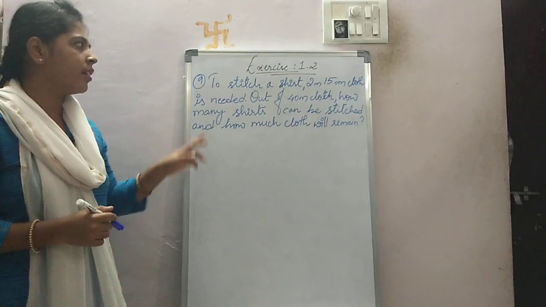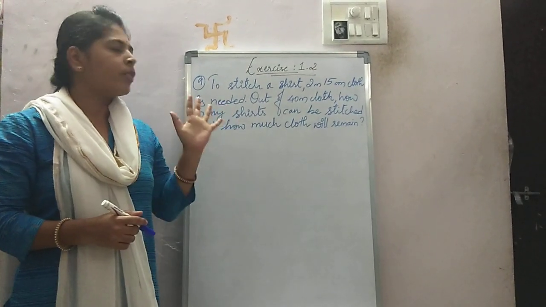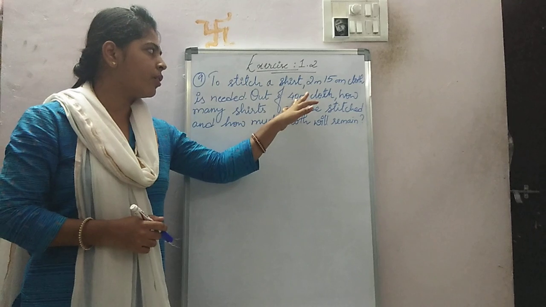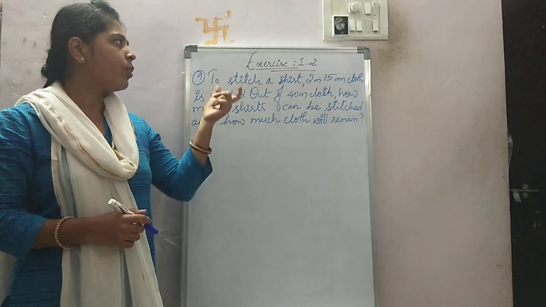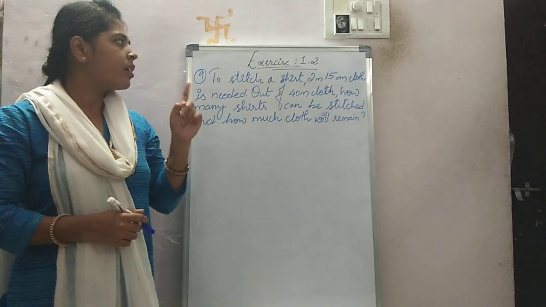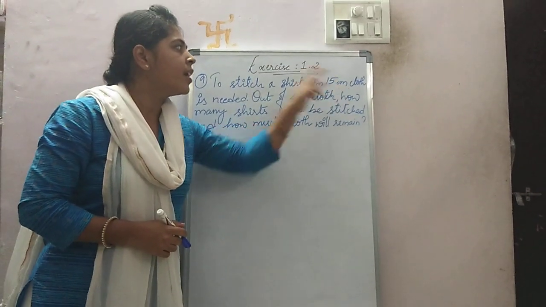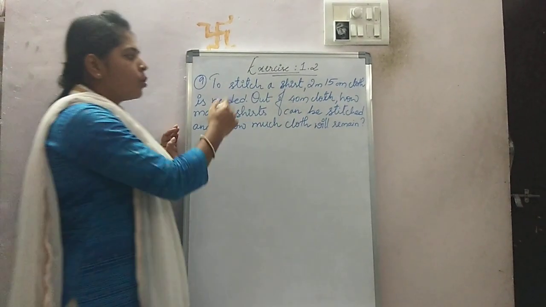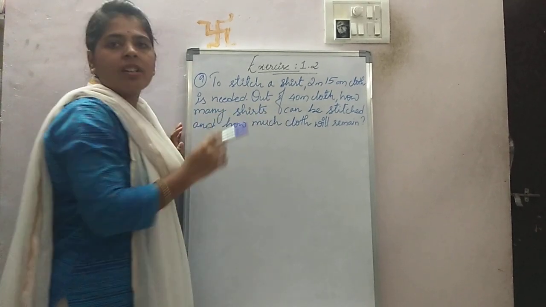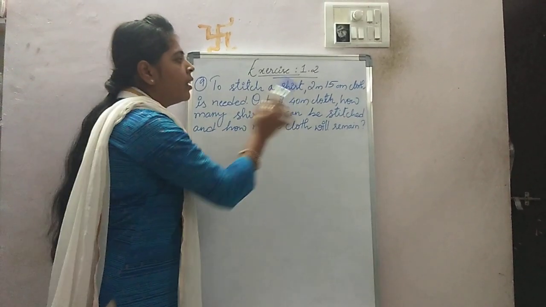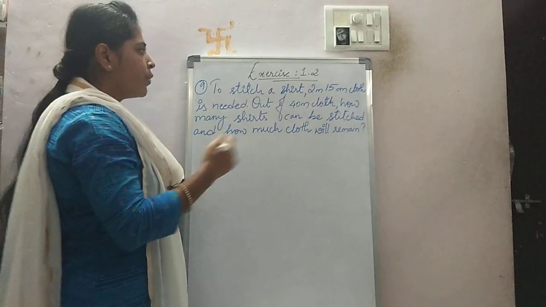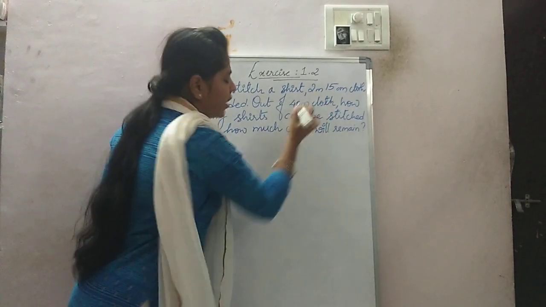So we have to see here that the example is given, there is a cloth given, total cloth is given, 40 meter, and in that we have to stitch a shirt. So it is a shirt means one shirt. So one shirt means 2 meter 15 centimeter, right? So in the total they have given, you have to find out how many shirts can be stitched in the total given value, right? So before that you have to see that, you can see here